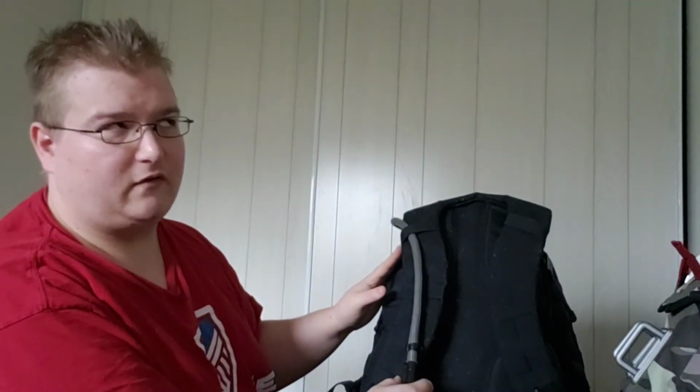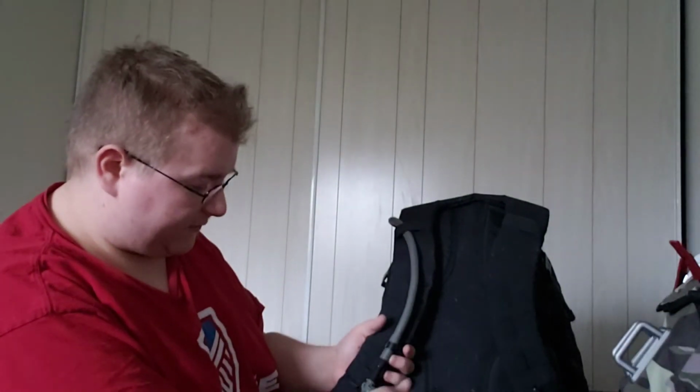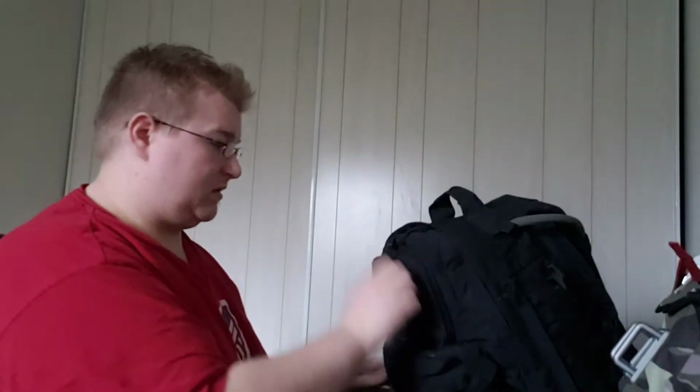There is a hydration bladder in here. I believe it is a Source 2.0. I'll grab it if the color matters to you. I've got a little magnet clip here to secure the drinking attachment. Nothing in it right now, probably never will be, because I don't think I'll ever have to